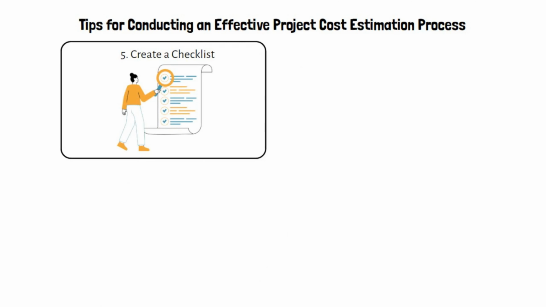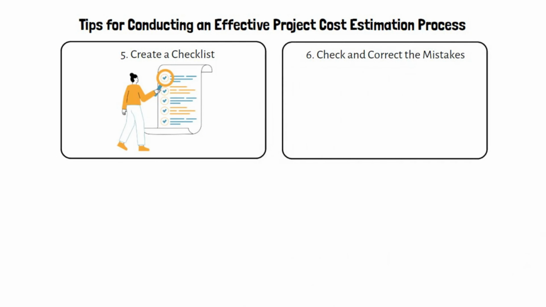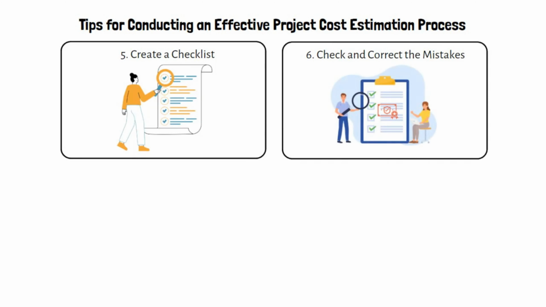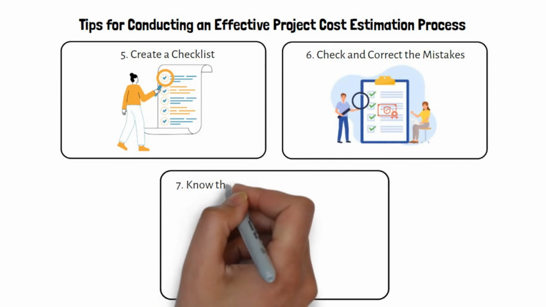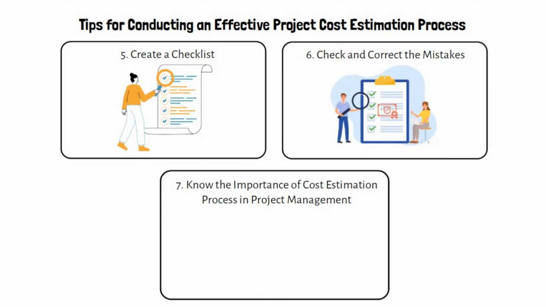6. Check and correct the mistakes. Once you have completed the cost estimate, check it to avoid mistakes. Check the rates, formulas, and quantities to make sure that they are correct. 7. Know the importance of cost estimation process in project management. Know the importance of cost estimation in project management to create correct project budgets,